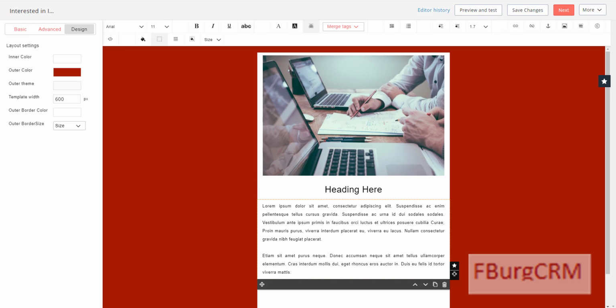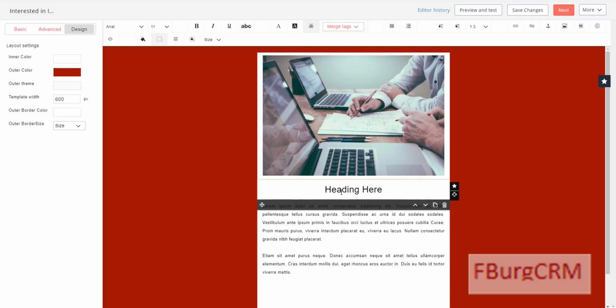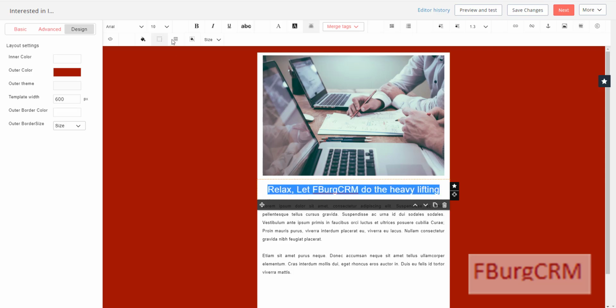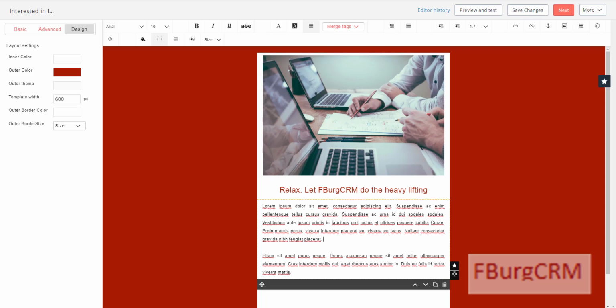Let's change this heading here. I'm going to change the color here to this maroon color. Great. I'm going to change this to a 14. Oops, let's make that an 18. Great. All right, now